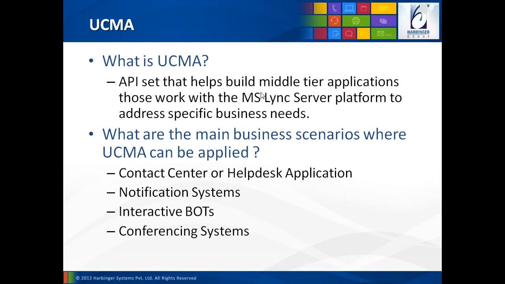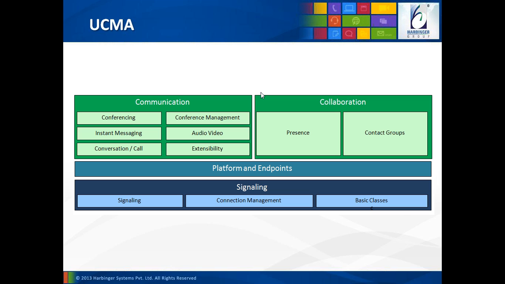And conferencing systems. So if you have a two-way conversation going on, you can escalate the conversation to a conference by adding more people, and you can schedule conferences. You can do many things, many modalities you can use in conferencing. For example, an IM conference or audio-video conference, and so on. Moving on to the next slide, we have a block diagram here which represents the logical distribution of APIs.